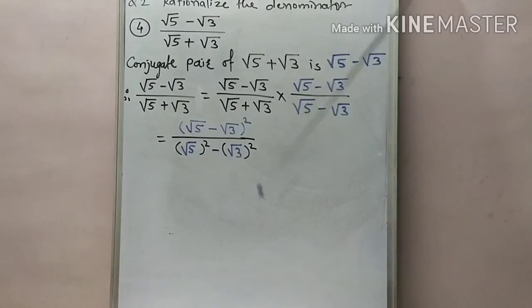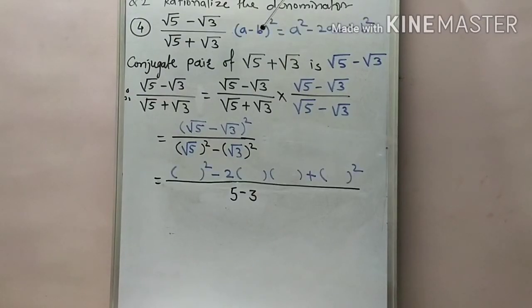like this, understood? But in the numerator, what we observe here students, yes, root 5 minus root 3, the given numerator and the conjugate pair are the same, root 5 minus root 3, and it means we get the square of this term. Okay, a into a, a square. But here we have two terms, root 5 and root 3, and subtraction is there, means we use the identity of what? (a minus b) bracket square. Okay, and the expansion of (a minus b) square is what? a square minus 2ab plus b square.